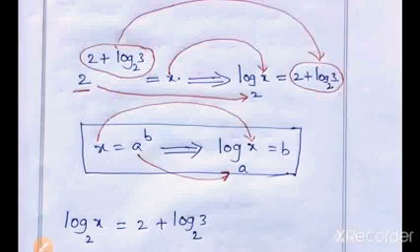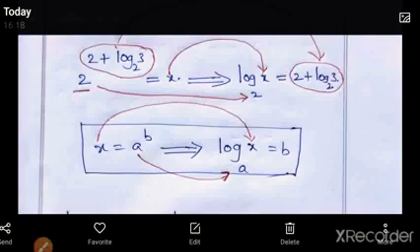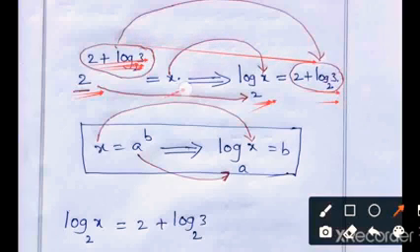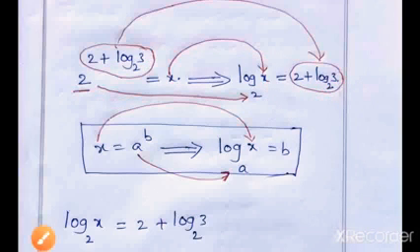So here I am changing this into the logarithmic form. Here 2 is in the place of base, and 2 also here. And what I told you in our previous assumption: the power 2 plus log 3 base 2 should be settled after is equal to, and this value should be settled near log. So like that, this expression has completely changed to this. By using this we are solving the sum.